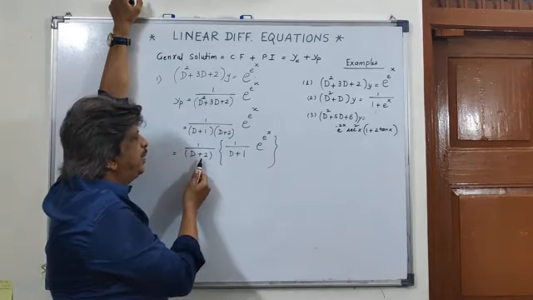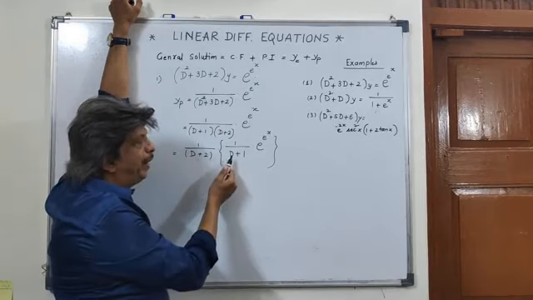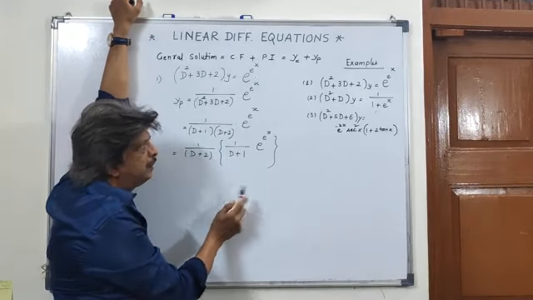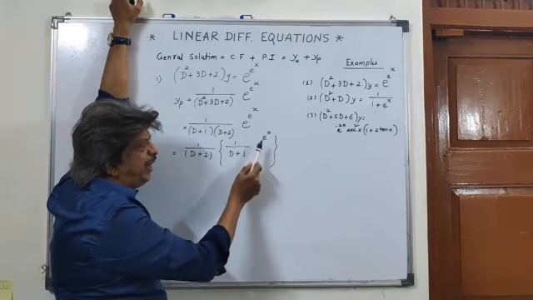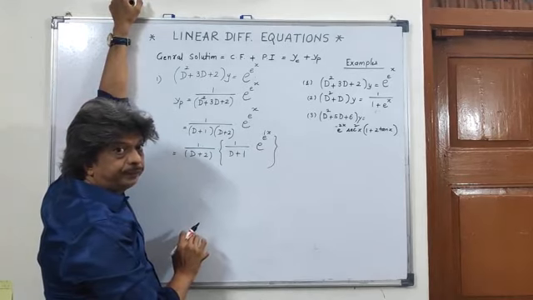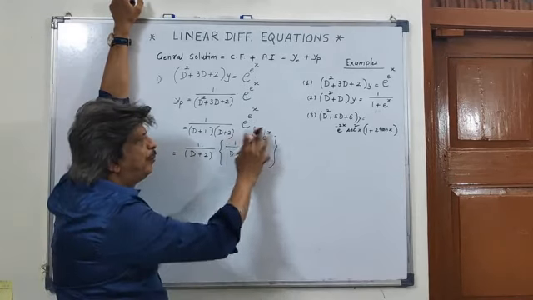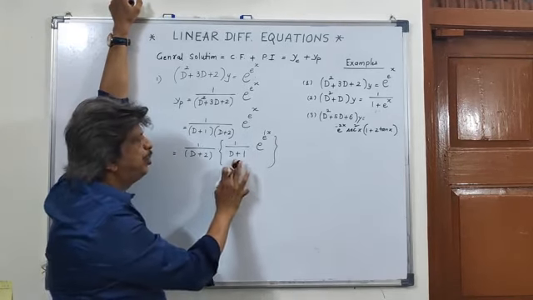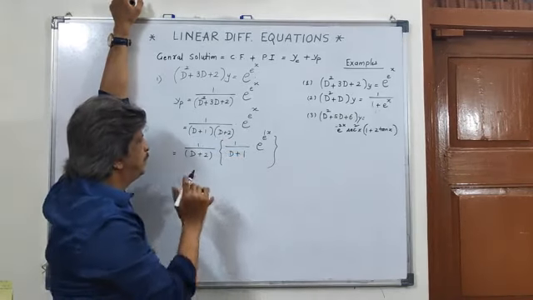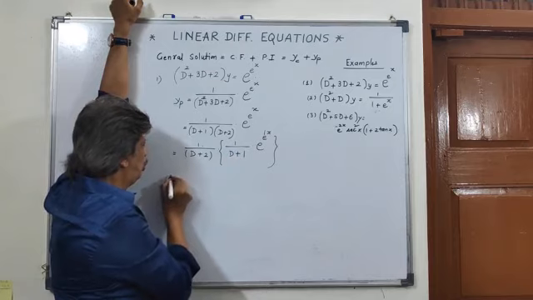Why I have kept this d plus 2 outside and I am operating first by d plus 1? The reason is very simple. Here the function f of x is e to the power 1x. Due to this, I am using these factors first. E to the power 1x must be operated by 1 upon d plus 1. Okay, we shall see how.